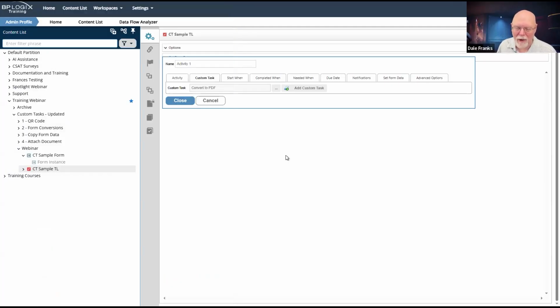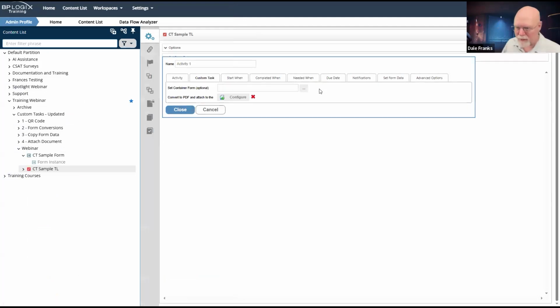Those work either way. So we'll do a convert to PDF custom task. We'll add that custom task there. Now, at the top in a process timeline, I'm always going to get the set container form property. That says optional, but that's not exactly true. You should set the container form.